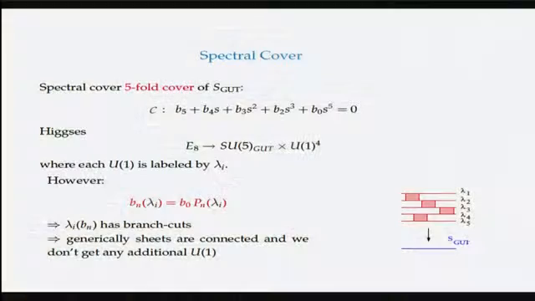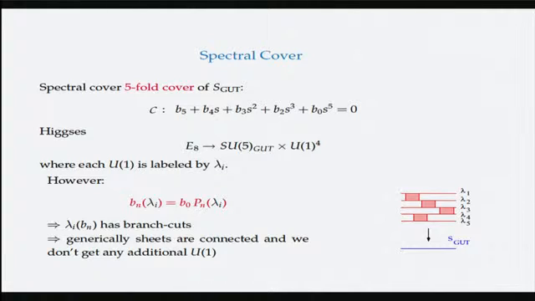Right. So the way I would like to think of this spectral cover is really in terms of, it's not just an equation that's the characteristic polynomial of this Higgs field, but really it is something that is a 5-fold cover of this S GUT. And why is this a good picture? Well,